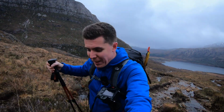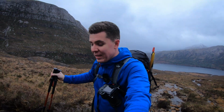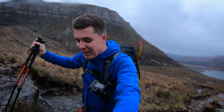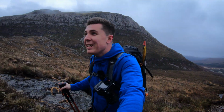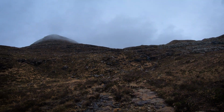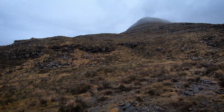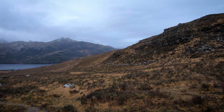So I'll just give you a quick update where I am just now. I'm about halfway distance-wise up this mountain, but I've still got the steepest part to come. It's literally like something out of Lord of the Rings. Absolutely incredible. As you can see, up towards the tops, there's still mist and fog lingering there. Hopefully that'll lift. Back down to Loch